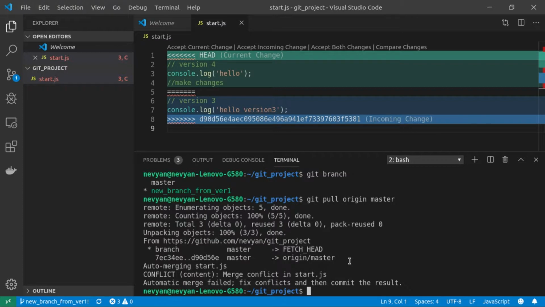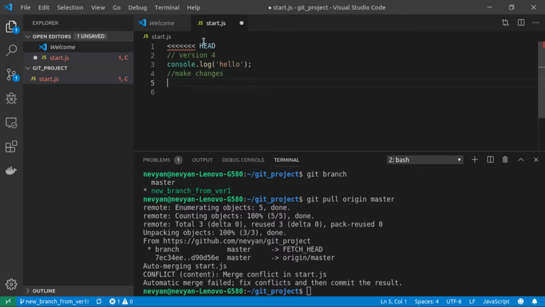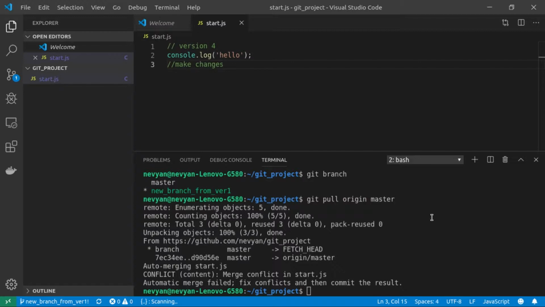Actually, in the master branch, we have this version 3 with this code here. And we are trying to implement this change. So let's say that we see the two conflicting versions and we choose which one to keep. So we'll just delete and leave our version, and that's how we will resolve the conflict. We will save, and now we will type